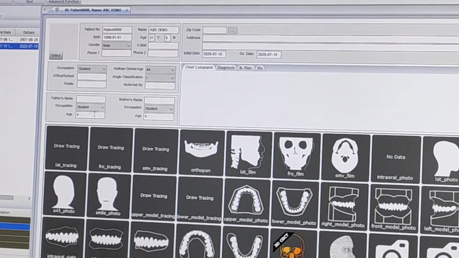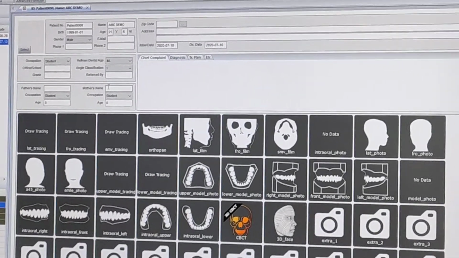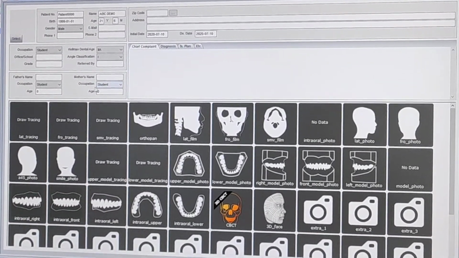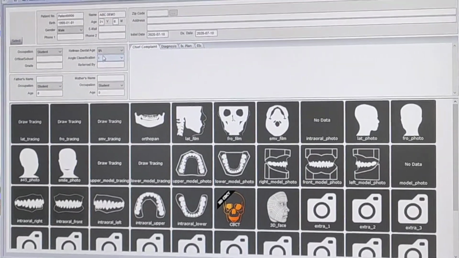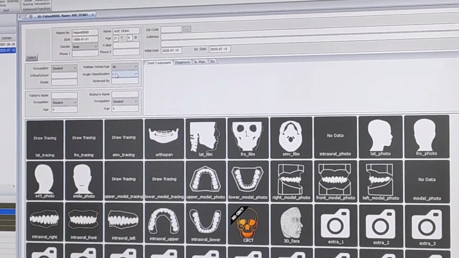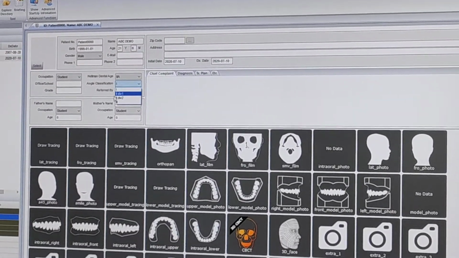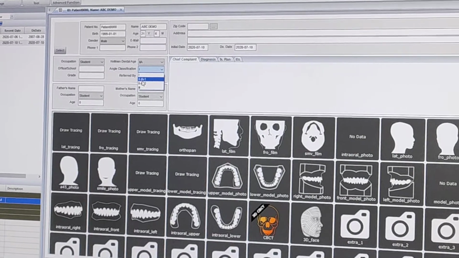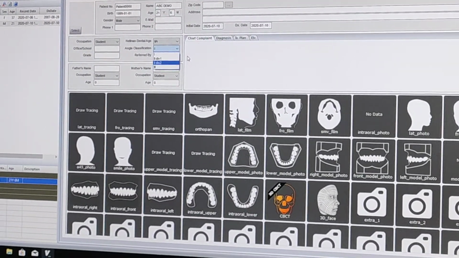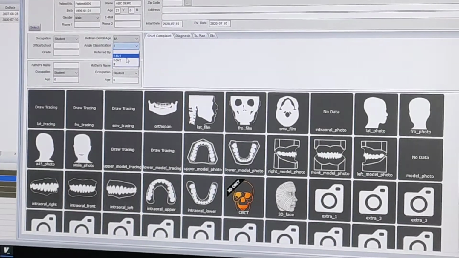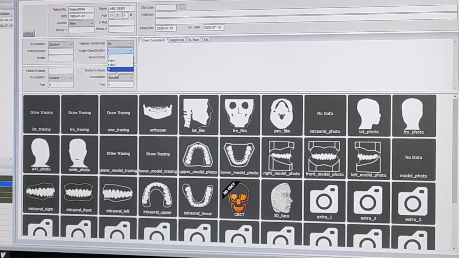Now you can fill in all the required details of the patient, like the zip code, the postal address, the father of the patient if the patient is a pedo patient, the mother of the patient, their occupations. Then here you have something for the ortho treatment, that is Angle's classification of malocclusion. You have here class 1 occlusion, class 2 division 1, class 2 division 2, and class 3 occlusion. So depending upon what kind of occlusion the patient falls into, you can choose these occlusions.